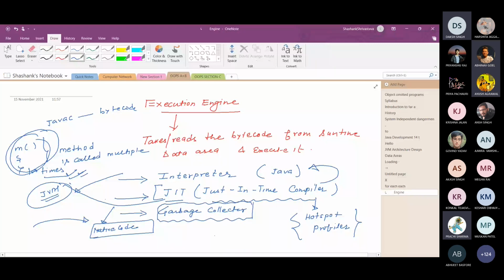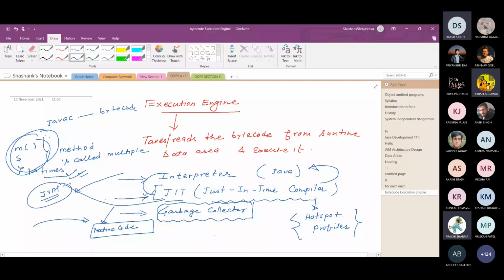Basically, the interpreter and the just-in-time compiler work together. The interpreter takes the help of the just-in-time compiler. The interpreter interprets all the code except the code which is repeated. The just-in-time compiler only takes the code which is repeated multiple times.